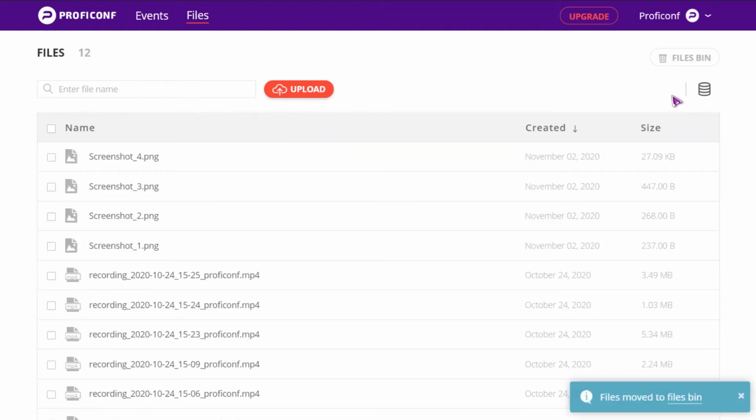The files will be deleted in the Files bin, where they will be stored for 30 days, after which they will be automatically deleted. To remove or restore files that you may have moved to the trash at random, press